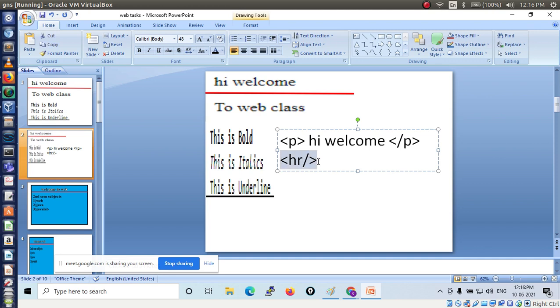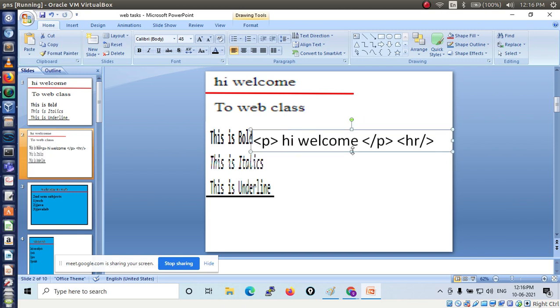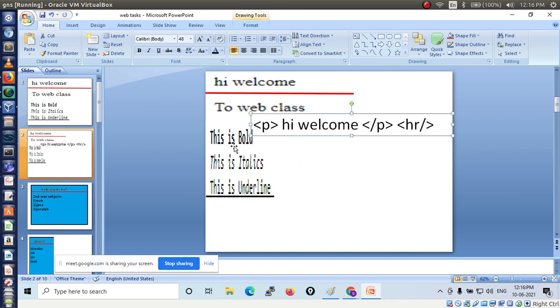In this way you have to use HR tag, then BR tag and image tag. These are all single-sided tags. HR, like this you have to use, right? Then for bold you can use B, for italics you can use I, right?